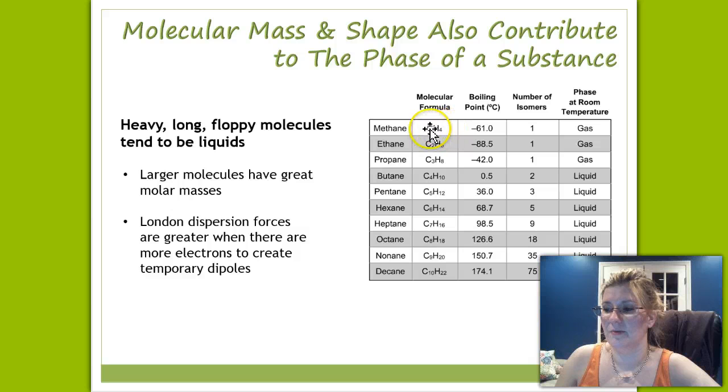All carbon, all hydrogen molecules, and they range from 1 carbon all the way up to 10. So we start with methane, we go all the way to decane. When we have only 1 carbon, we have 4 hydrogens, but when we have 10, we have 22. The difference here is huge in terms of